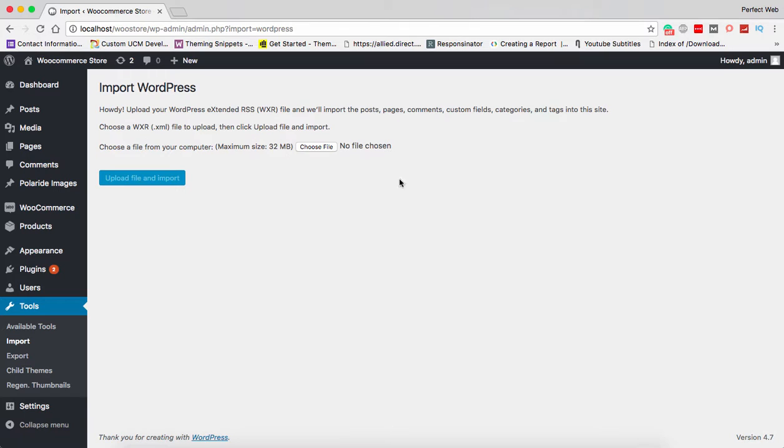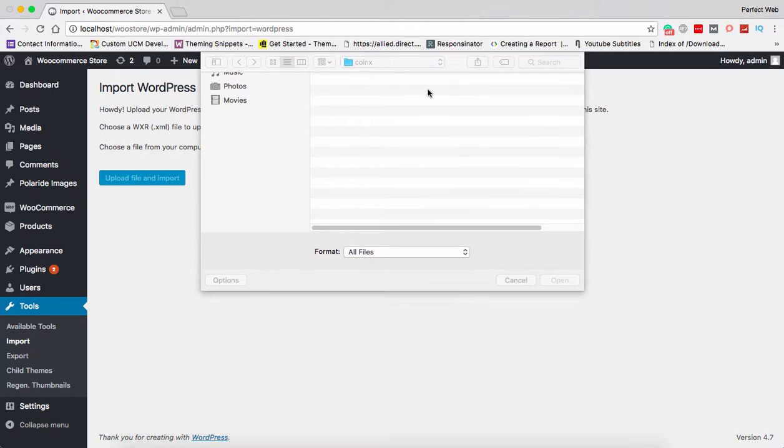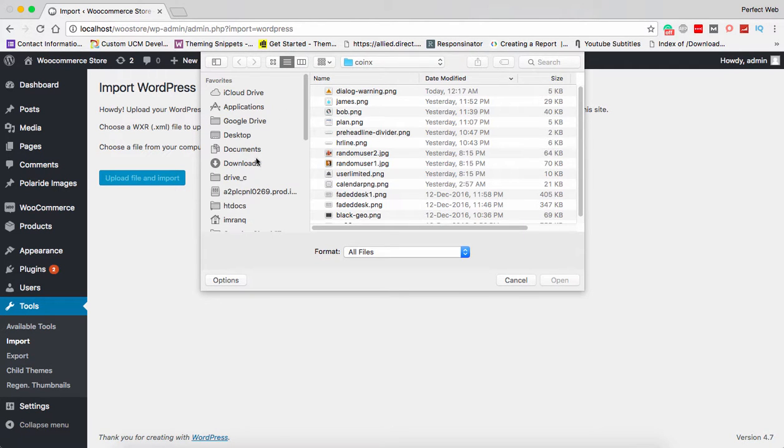So where do you get that file which you need to import? If you have installed it on the live server, you must download WooCommerce on your computer, as it's not going to look for the file from the live server. So when you click choose, it will open the file manager of your computer, not the online server. As I'm on the Mac, it shows my file manager.